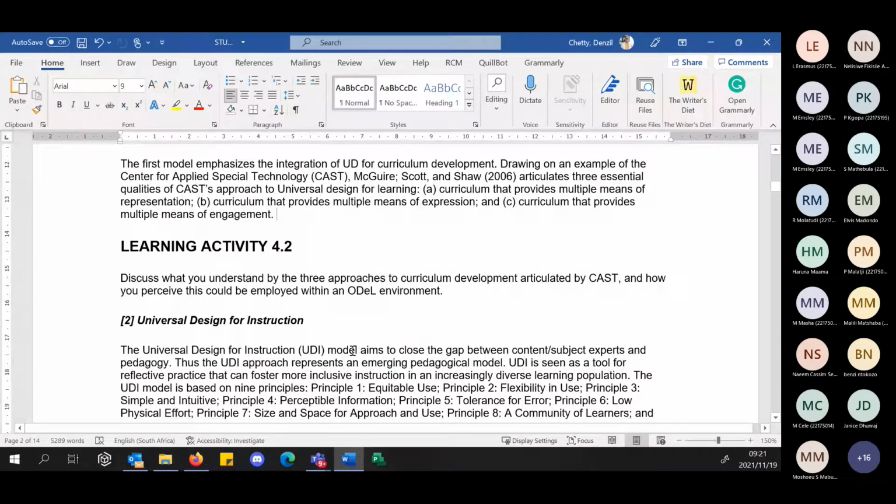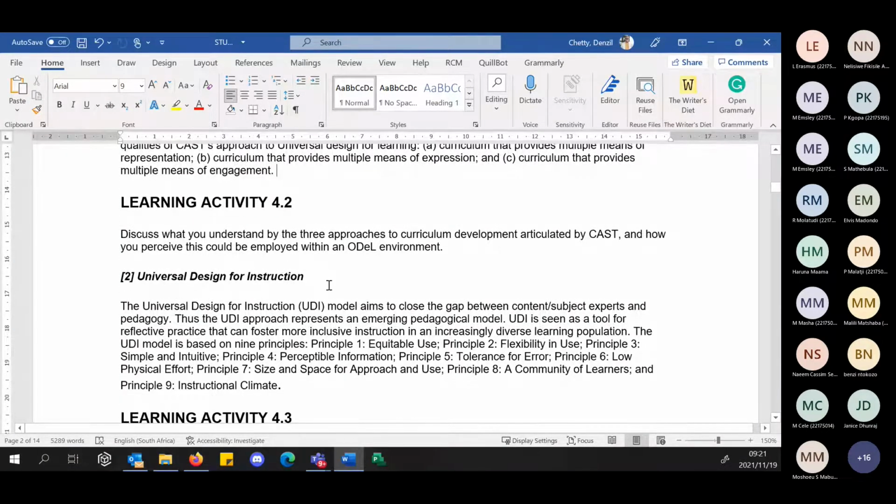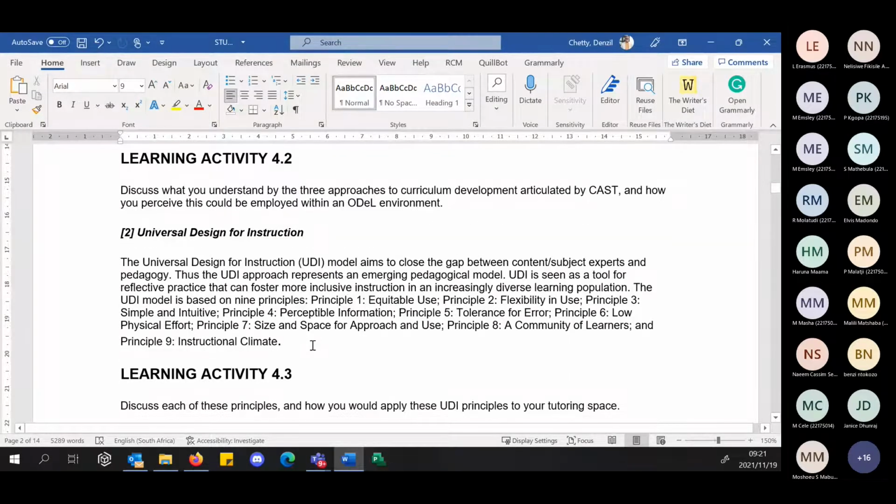Now let's look at universal. So you've got these activities as part of it, and you'll see it on the online platform as well. Let us look at now what it means for the UD principles for instruction, specifically instruction, right? So the UDI model, the universal design for instruction, aims to close the gap between content, subject experts, and the pedagogy.